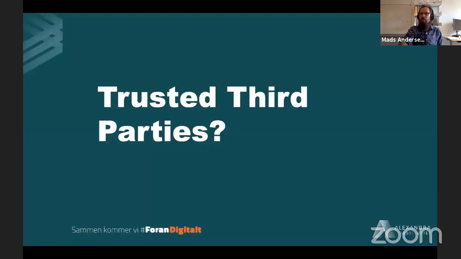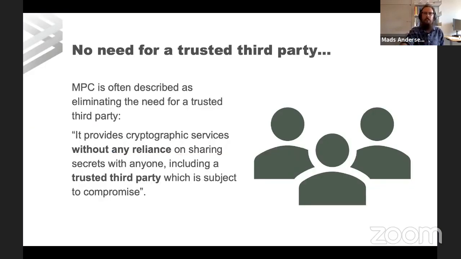There's also a concept of trust that we got some insight into in doing these studies, because MPC is often explained to people like me, who are not cryptographers, as: we use MPC because we want to eliminate the need for a trusted third party. This text is taken from one of the companies working with MPC, which says MPC provides cryptographic services without any reliance on sharing secrets with anyone, including a trusted third party, which is subject to compromise. And of course, this is all true,